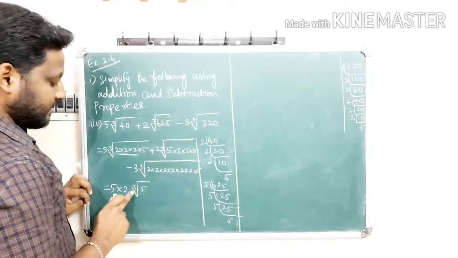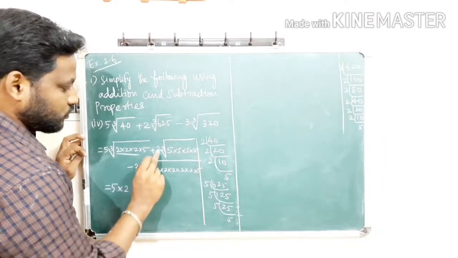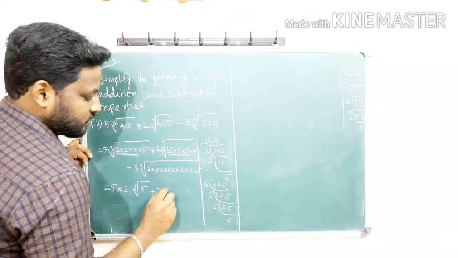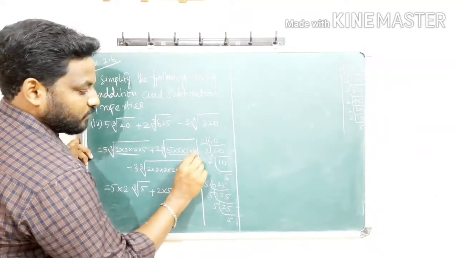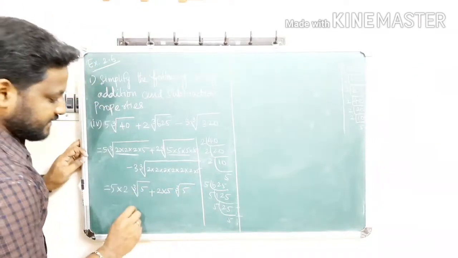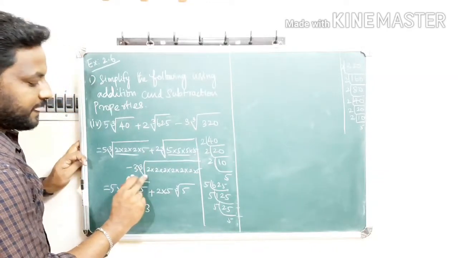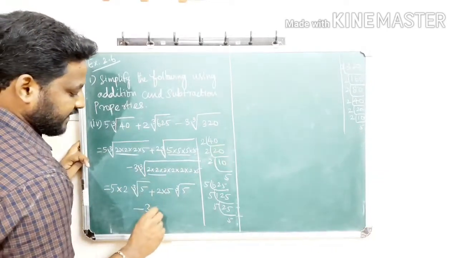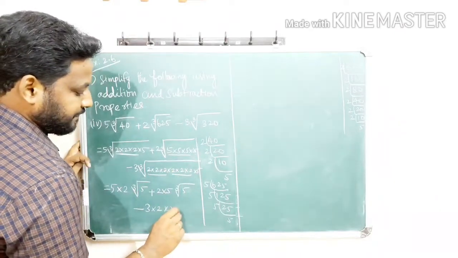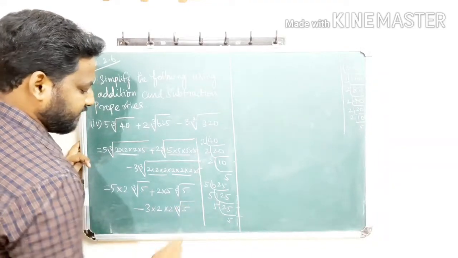So write clearly: cubic root of 5 plus 2 is already here, and then here 5 is 3 times, so we write it 1 time, and then only 1 time 5 is there, that should be written into cubic root of 5 minus. 3 is already there 3 times under the root, so we take 1 time, and then again 3 times is there, so we take 1 time, and then only 1 5 is there, that should be written into cubic root of 5.